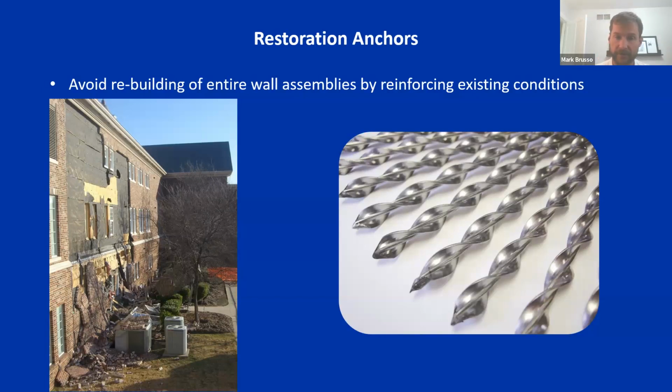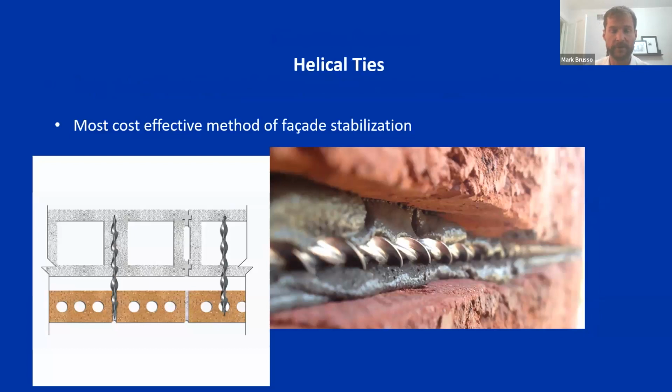But on the other parts of the building where it hasn't collapsed yet, a helical tie is a very good candidate for restoration. That's a picture of the spiral lock tie on the right. They're one of the most cost-effective methods of facade stabilization used today. They are a low-cost helical tie, and